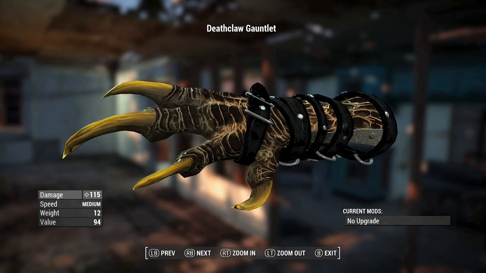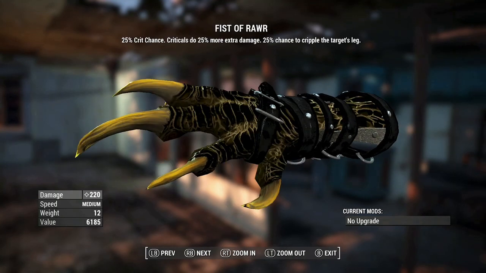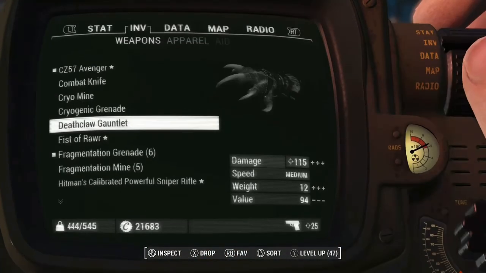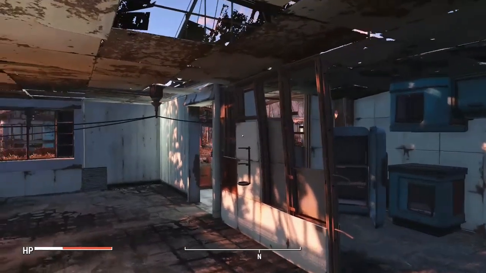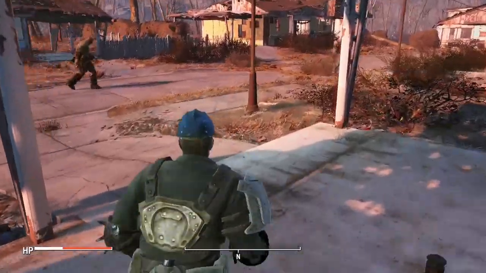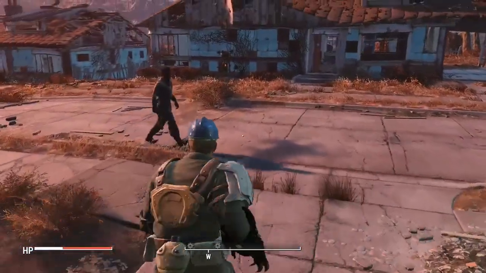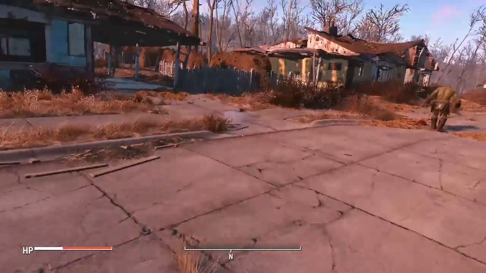So there's the Deathclaw Gauntlet, guys, and it's quite light. You know, it's like a regular vanilla color. It looks exactly like the original Deathclaw Gauntlet from Fallout 3 and Fallout New Vegas, just with a modern Deathclaw arm on it, which I thought was really good. I will actually be doing a mod review, guys, on the original Deathclaw Gauntlet from Fallout 3 that was completely remade and ported over. And it looks exactly like the original one from Fallout 3 instead of this thing here